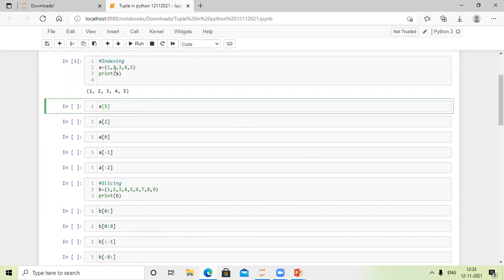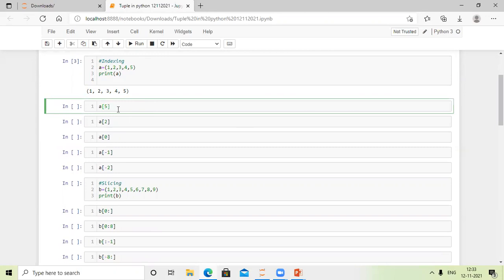I already explained in the last session how to count indexing. The first element will be 0, the second element will be 1, 2, 3, and so on. On the left-hand side, negative indexing will also be there: -1, -2, -3, like that.